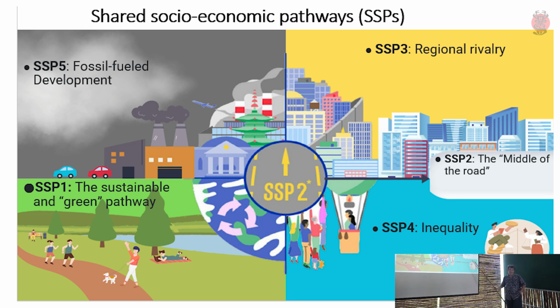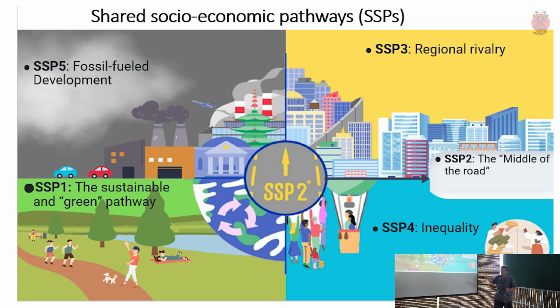SSP4 is where the separation is within one society. So instead of bringing our B40s up financially, what we do here is the rich get richer, the poor get poorer, population growth in poor countries increases, the people in rich countries stay rich, and we close our borders, etc. Okay? So these are the bad case scenarios.